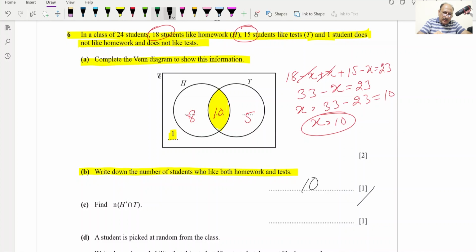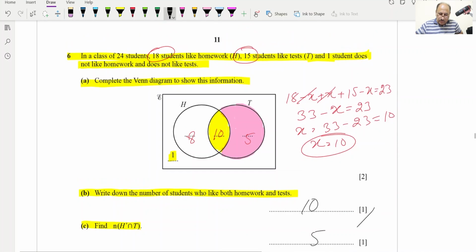One more question. Then they are saying find n of h complement. H complement means not in H, intersection T, not in X. Intersection T will be this area basically, and intersection T is this area which is common in those intersection and that one. So T complement, H complement and T common in both is this shaded area, which is having 5 students. So 5 we can write answer over here.